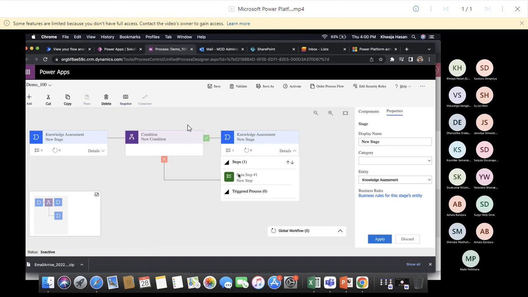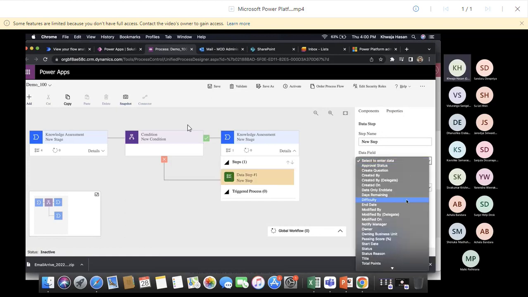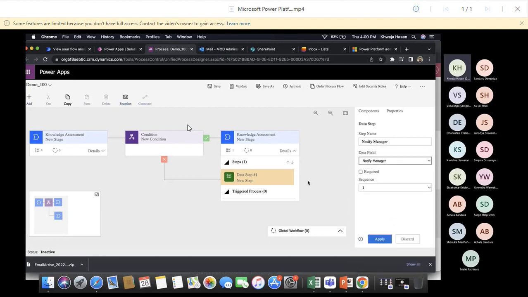So there is this data step in which I want information. Okay, so in this you can add any other point, total points, any other thing that you want to show, approval status, modified on, notify, owner. You can select, let's just select status, reason, days remaining. Okay, just select notify manager, that's it. For this one, we have selected notify manager,